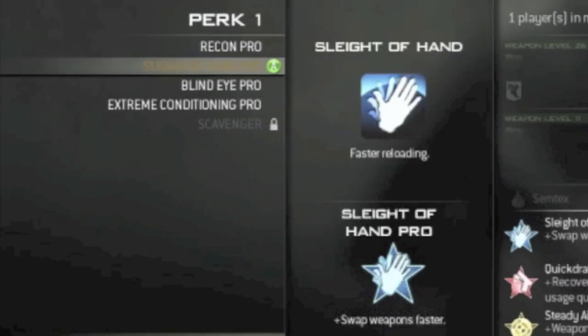Now the second perk we're going to be covering is Sleight of Hand, which you should probably all be familiar with unless you're new to the series, and basically all that does is give you a faster reload. Now the pro benefit in this game has changed from the last two in Black Ops and Modern Warfare 2. It's gone from faster aim down sights to faster swap weapons, so that adds a new tactical benefit, but it also takes away one, because people like to use the faster aim down sights for a quick target acquisition,